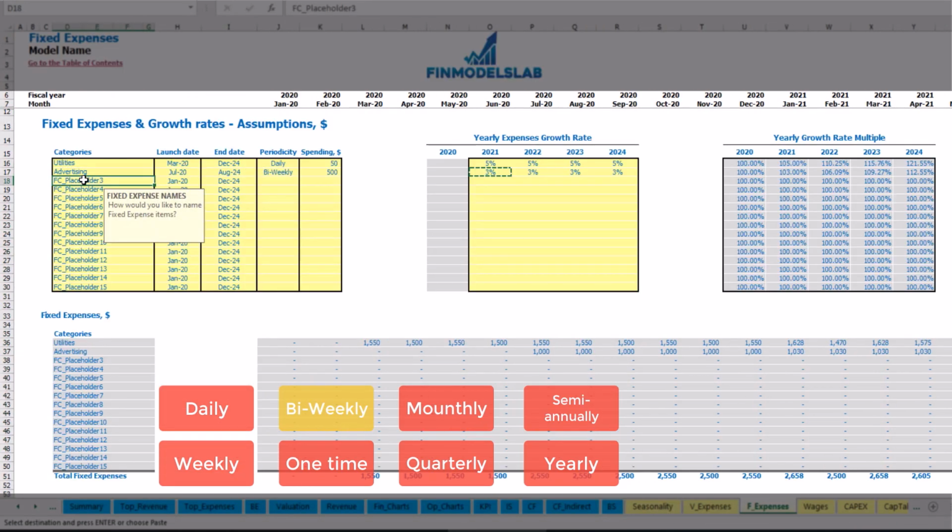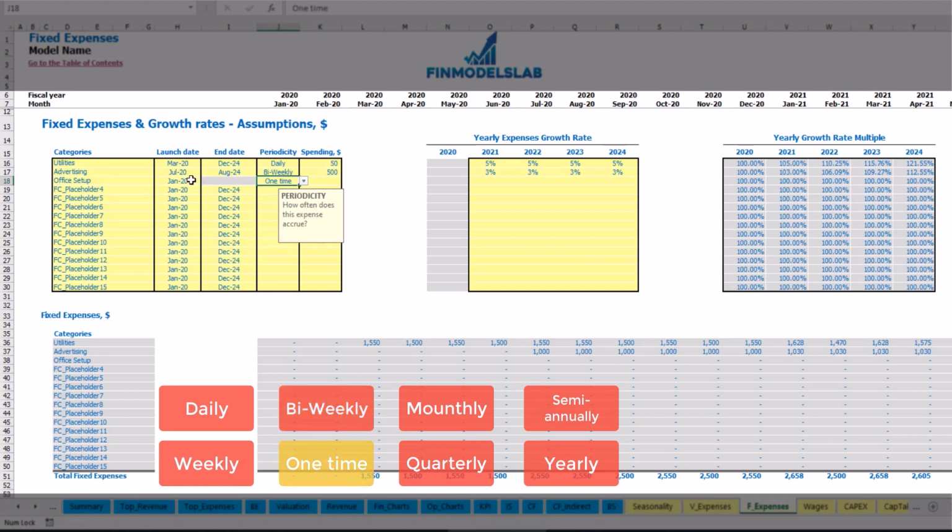Another option, office setup, which can be a one-time payment, which will happen in February 20 with an amount of $5,000. Obviously you should not input any growth rate because this is just a one-time fee, and you may see that office setup will happen in February 20 with this amount. Another option,